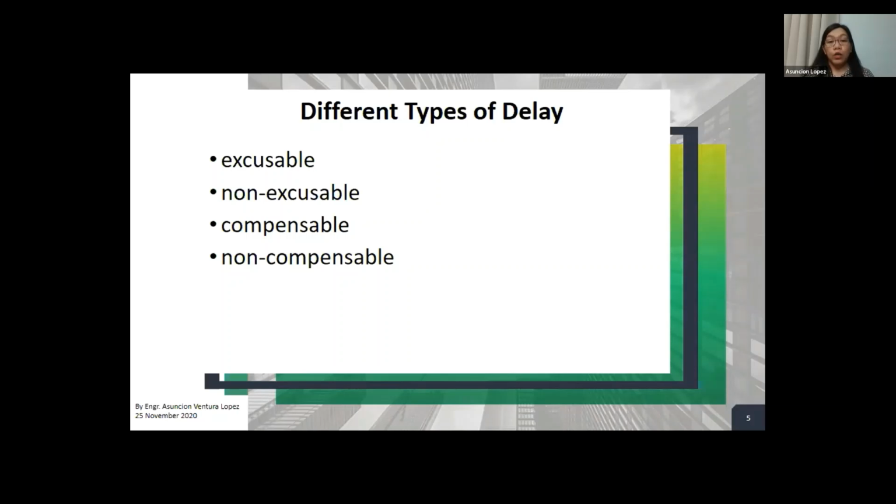We will not be discussing the cost of it, like prolongation cost. Maybe you may consider that as another topic. When it comes to cost or prolongation cost, it's a long discussion. Again, it could be another topic of discussion.